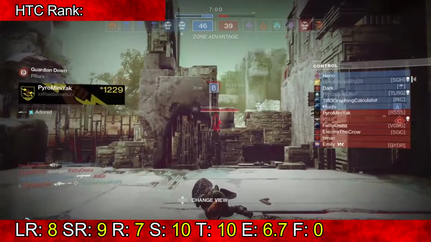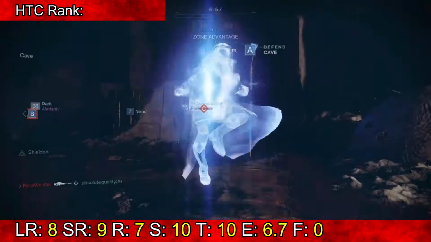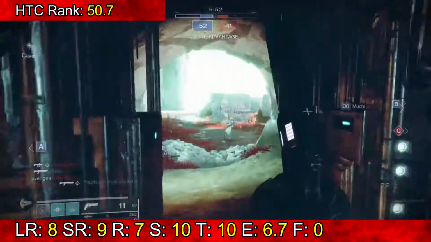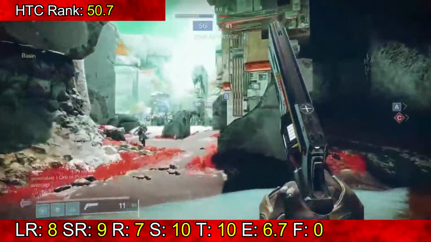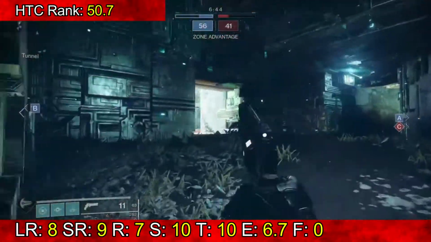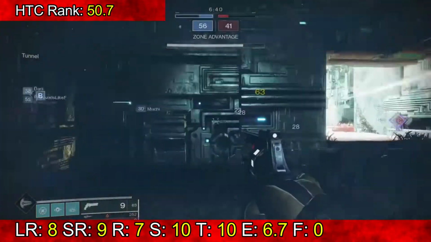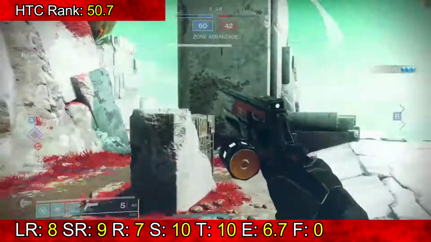So if we add all those up to get our final HTC rank, it is going to be a 50.7. So if we compare that to the other one, it was a 34.7, but that was 13 away. This is 10 away, so it actually got a little bit better the second time I used it around. I think it might have got a little buff on it,